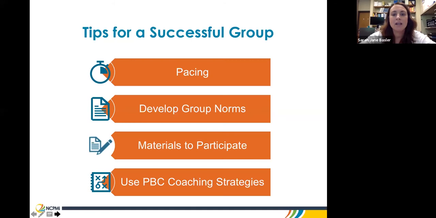And then another thing is, whether you are implementing a group virtually or in person, you always want to make sure that you give the participants the things that they need to participate. So for our sessions, we always made sure we had PowerPoint handouts so that they could jot down notes.